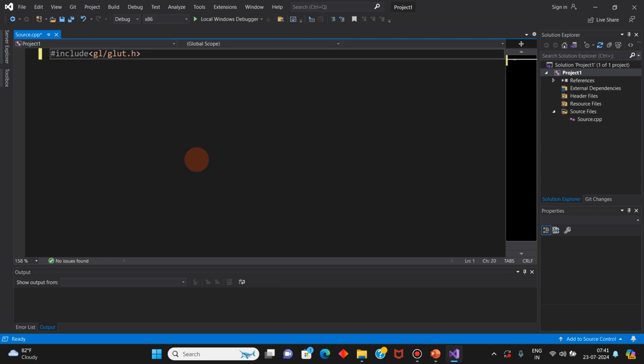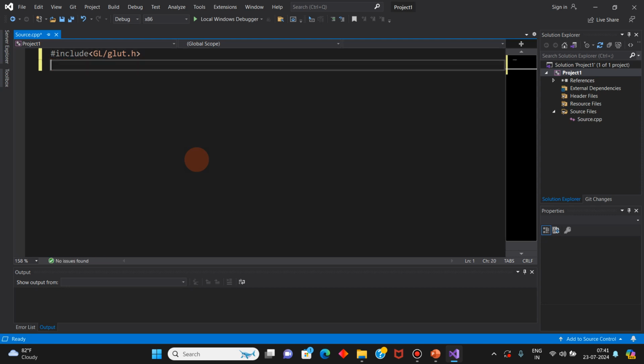This is the GLUT library, where the GL is capital. You have to make sure that it is case sensitive, and the places where the letters are capital should be capital only. Otherwise, it will give an error.